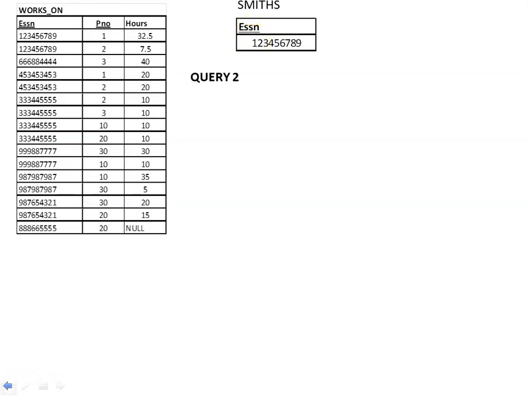It is obvious that I can apply a natural join because the attribute is matching. Here we have ESSN and here also we have ESSN in the Smiths relation. So works on natural join with Smiths.